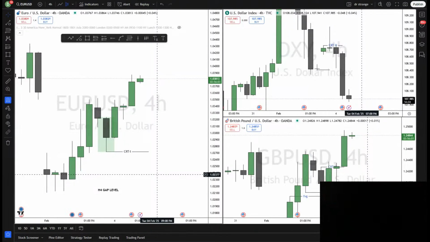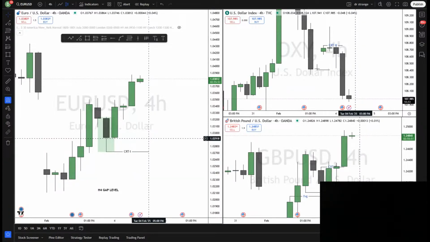This is what we call time-based liquidity, time-based SMT, and it's interesting what I found out. It's what we're going to learn today. Sometimes your model will not give you a setup every day, but then you have to investigate reasons why you don't have a setup. Just like today, we did not get any 1 a.m. model, 5 a.m. model, or 9 a.m. model, but we would still get a setup.